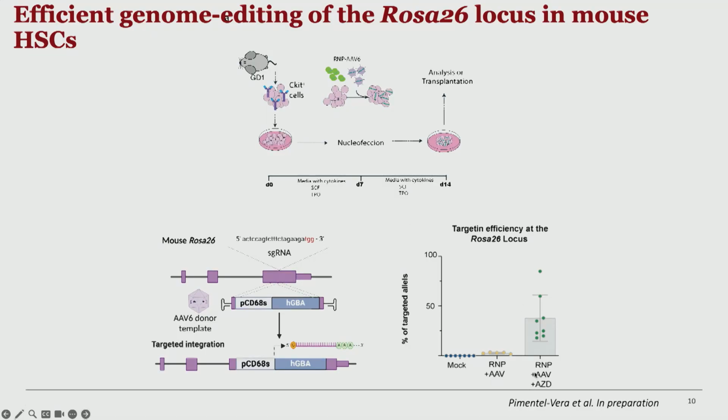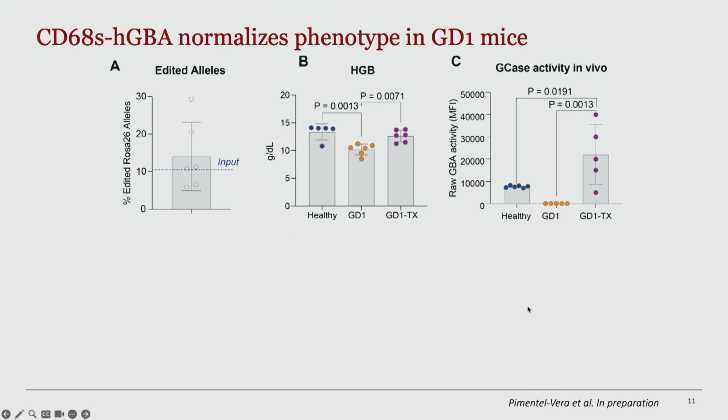After we confirm the target gene efficiency, we culture and expand the cells and transplant them into irradiated mice. 4 months after the transplant, we were able to see that the percentage of edited alleles in the bone marrow ranged from 6 to 29%. We were able to observe a normalization of the anemia in these animals. And this transplant also results in supraphysiological GBA activity in peritoneal macrophages.